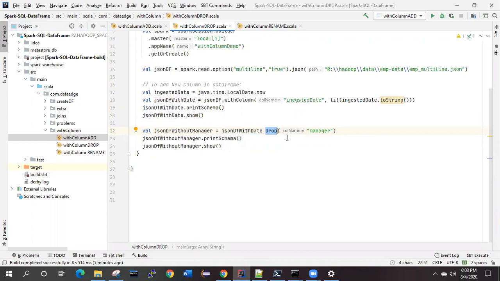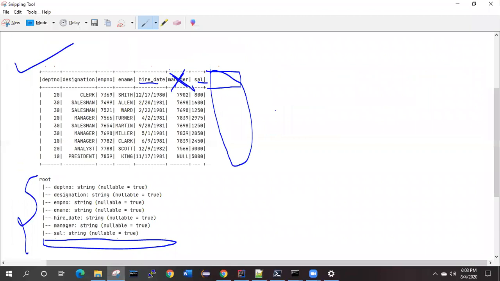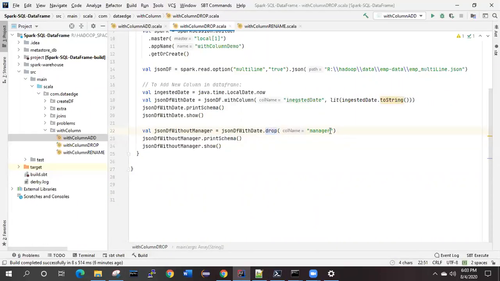I can drop any column by simply specifying its name. I'm dropping manager, so I specify manager over here, and then the value is assigned into the new data frame, and from there we can see it. We can cross verify by running this application.